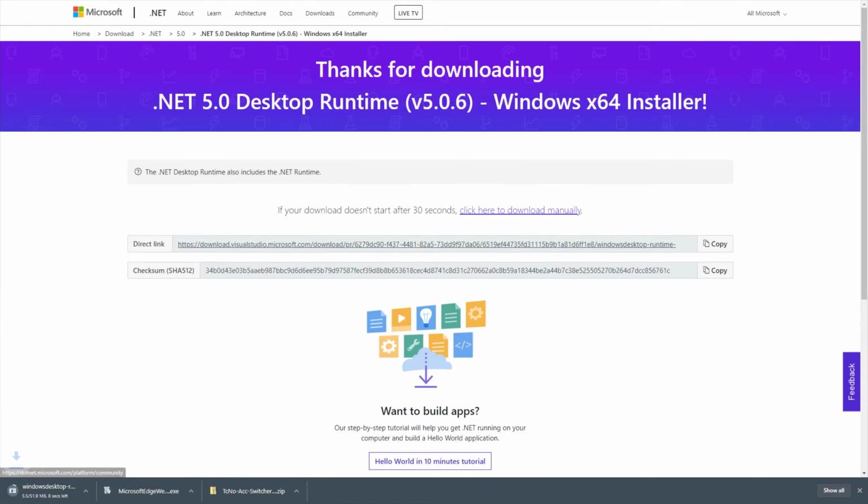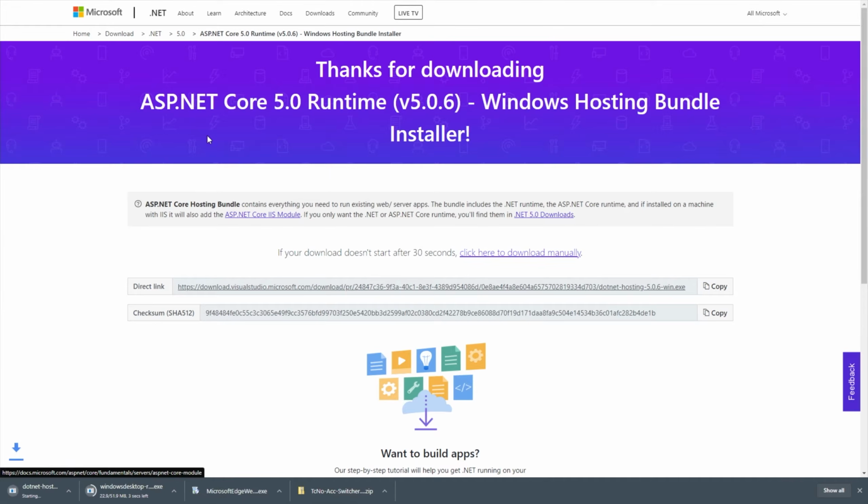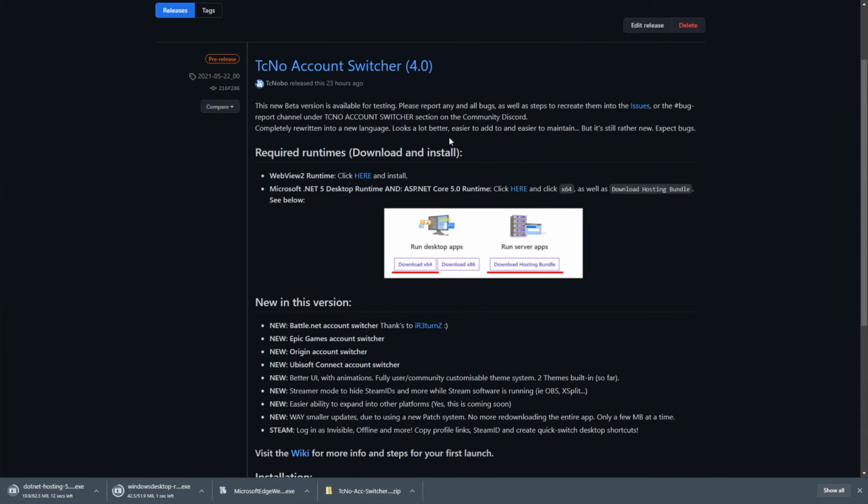Just click here to download manually if it doesn't already start. And we've now downloaded all 3 bits of runtime. Once again, 3, not 2. It's incredibly important. Open up and install these 3 in no specific order, and when it's eventually done, you should